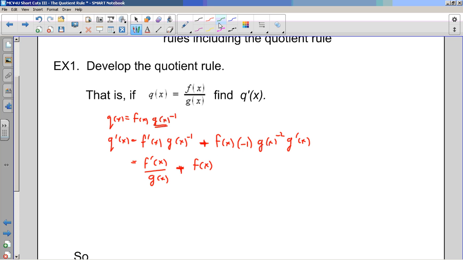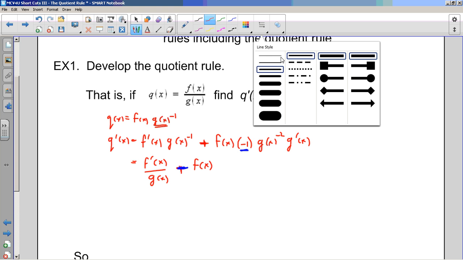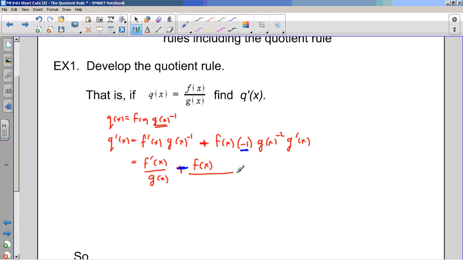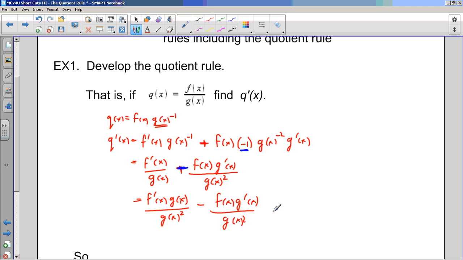So where should I write the minus? Let me write the minus out front here. It's going to be a minus because of that minus. What else do I got? Well, that's got to be in the bottom. Minus 2 means that's squared, and then I write down, well, common denominator, multiply this by the missing factor, which is g of x. So f prime of x, g of x, minus, oh, that's squared now, right? Because I got my common denominator. And so I have,